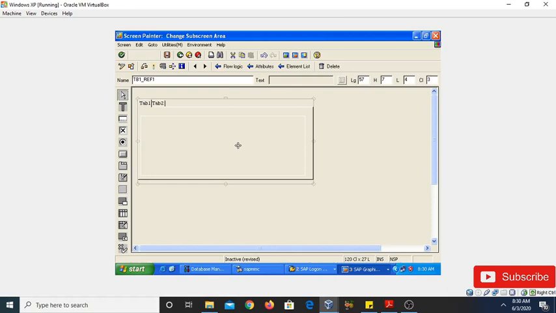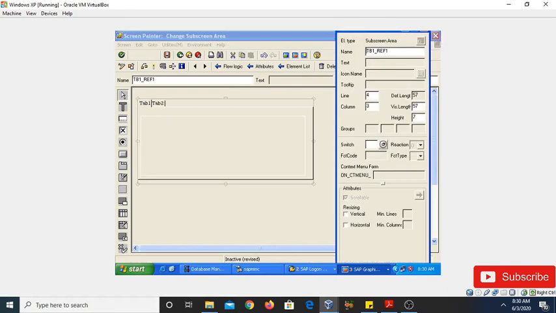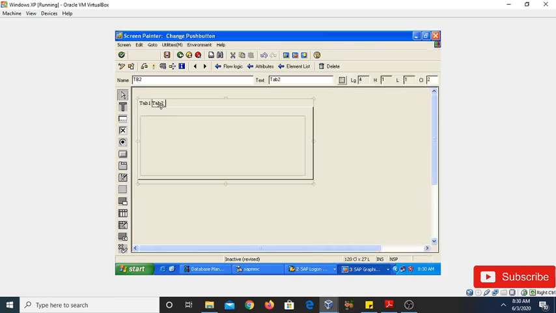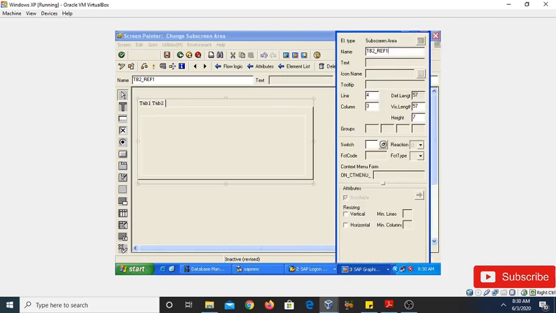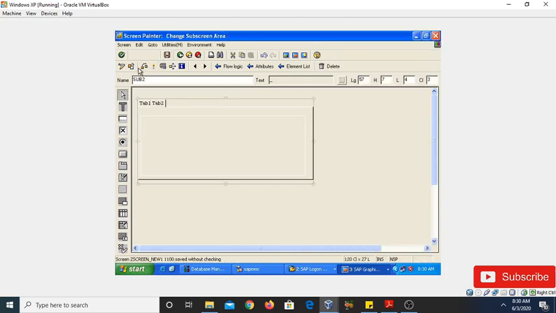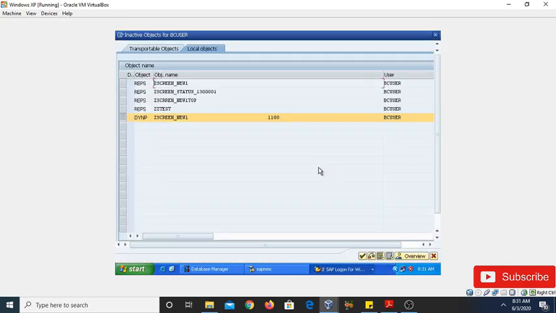Now for this subscreen area we need to assign the name, so we can change it. This is the first subscreen area, sub1. Now similarly for the second subscreen area, assign the name, this is sub2. Click on the save button, check for the syntax and then activate it.